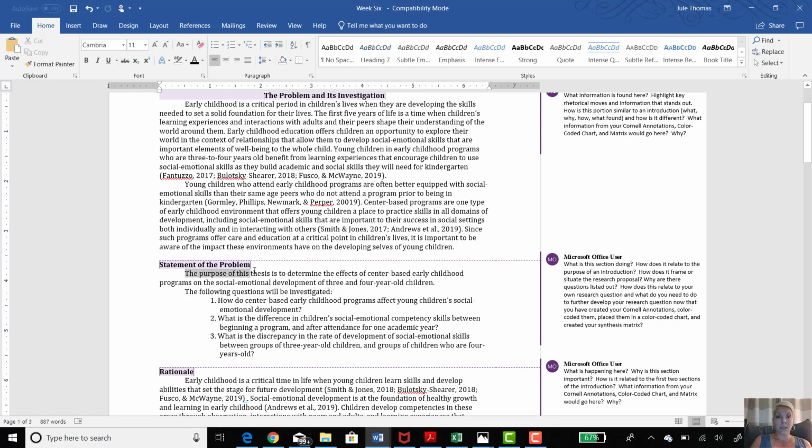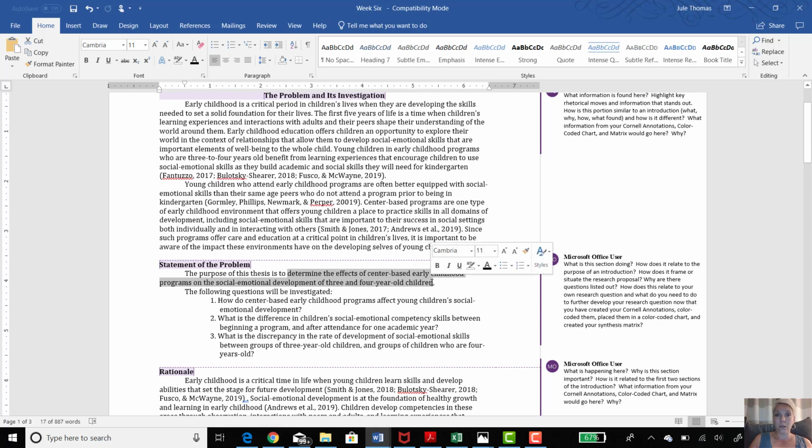The purpose of this thesis, the purpose of this essay, the purpose of this research proposal, and you'll see that Creswell talks about that in his reading that you're assigned to this week about introductions. So you always start with the purpose of this essay or research is to do something. And this one is to determine the effects of center-based early childhood programs on the social emotional development of 3